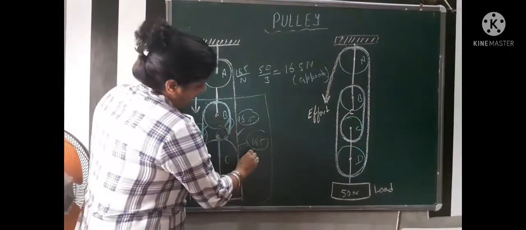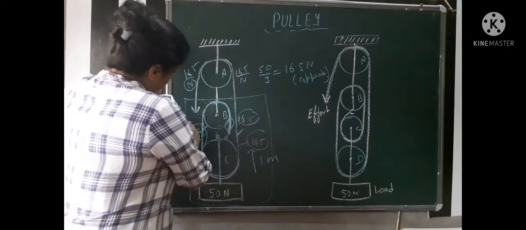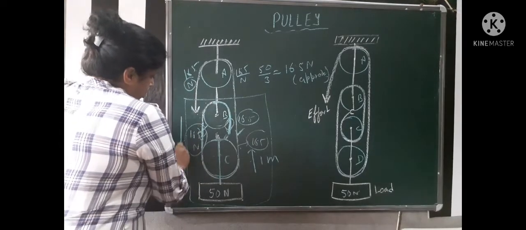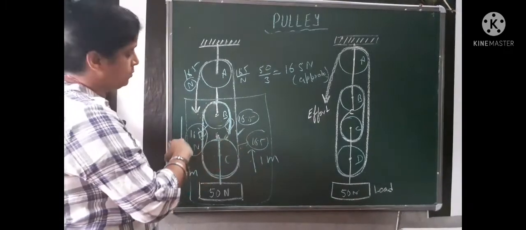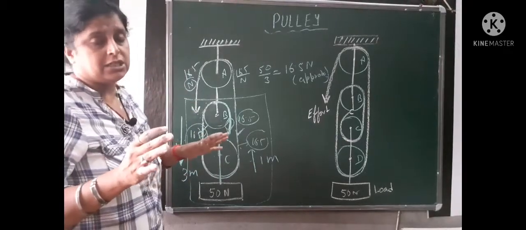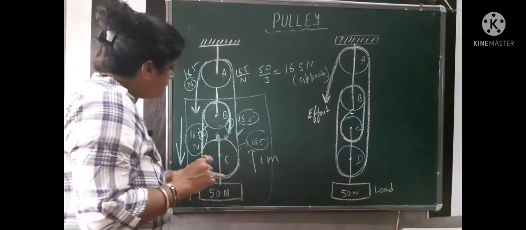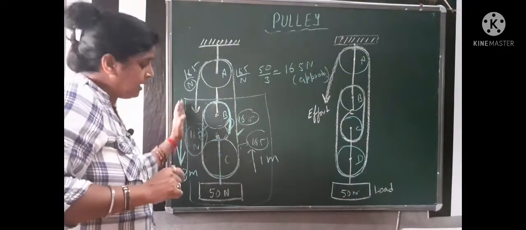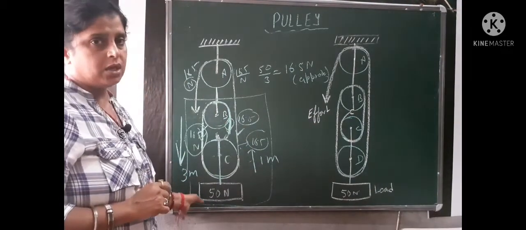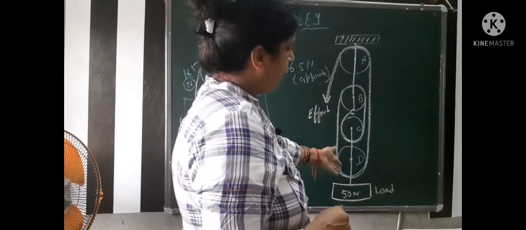And the second thing we have to remember is that if we are lifting a 16 Newton object, to lift it 1 meter up, we need to pull this rope 3 meters down, just 3 times more. Yes, we will apply 16.5 Newton force, but we will pull it 3 meters down to lift it 1 meter. If we want to lift it 2 meters up, we have to pull down 6 meters. Okay. Now we will discuss the combination of the 4 pulleys.